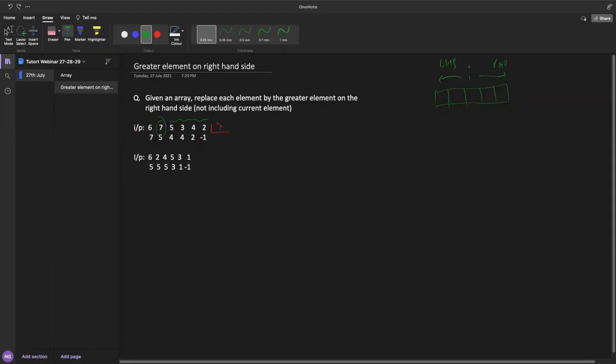Also, in an array, always think about whether the relative ordering of elements matters or not. Relative ordering means the given ordering of elements, like 6, 7, 5, 3, 4, 2. If you change this ordering, is the answer going to be the same or not? Always check whether the relative ordering matters.